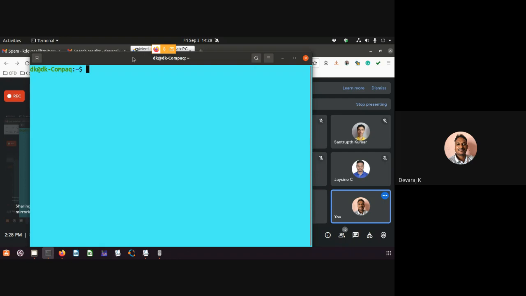That means I have to get all the things done from the terminal. Almost every command will be passed through the terminal because, as I told you, OpenFOAM doesn't have any GUI, and we will modify all the files using a simple text editor. So I am going to use gedit